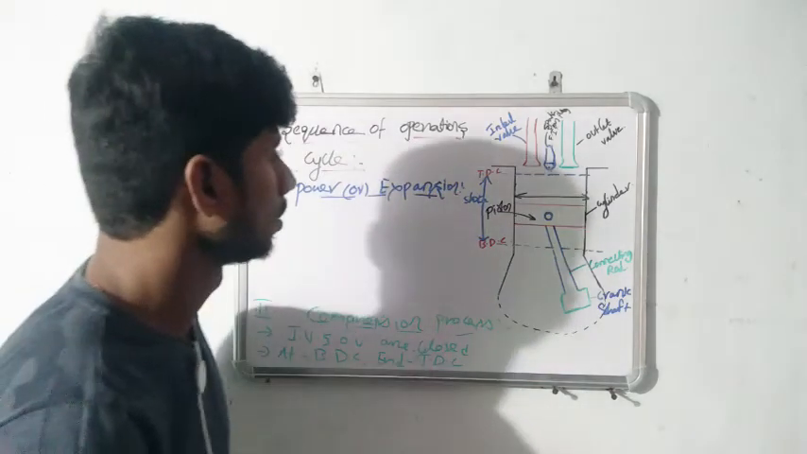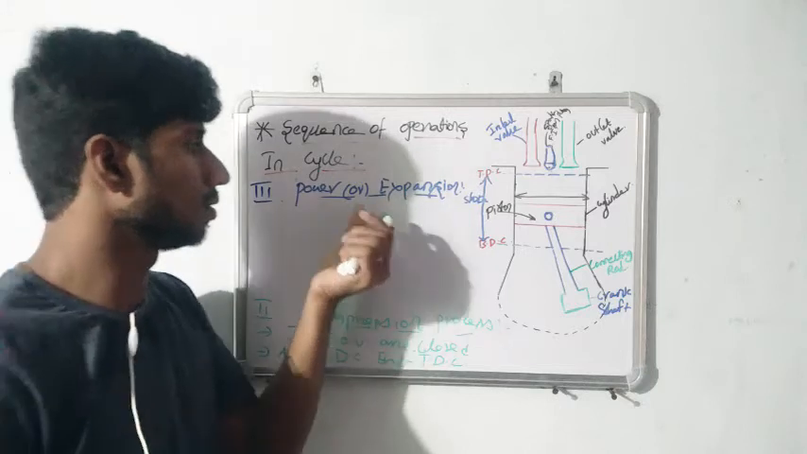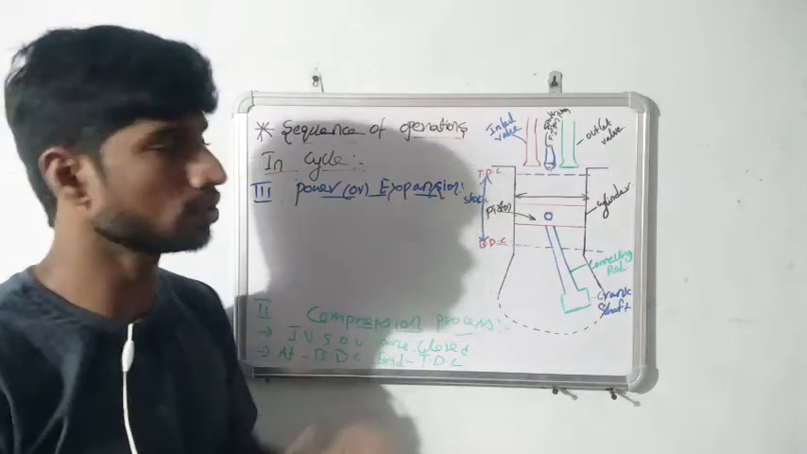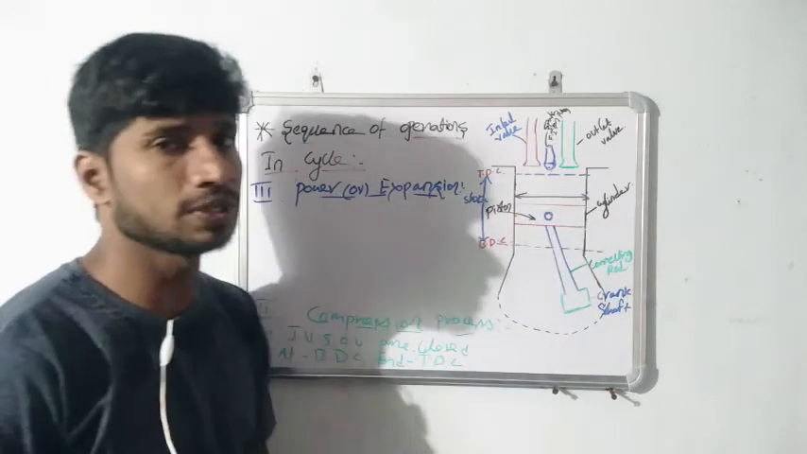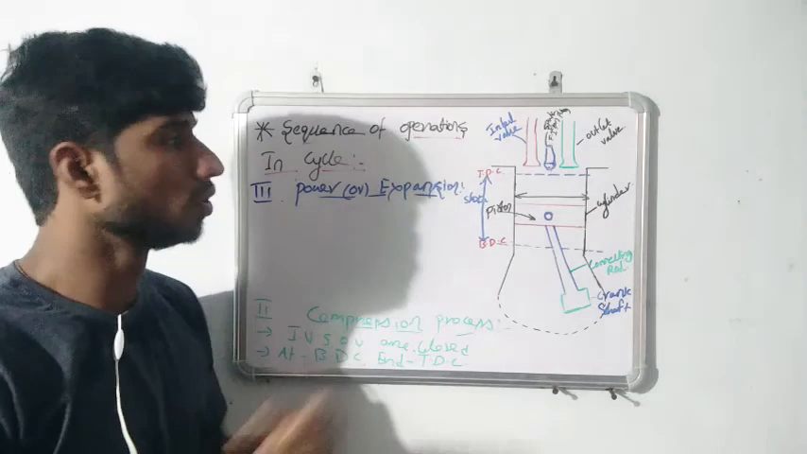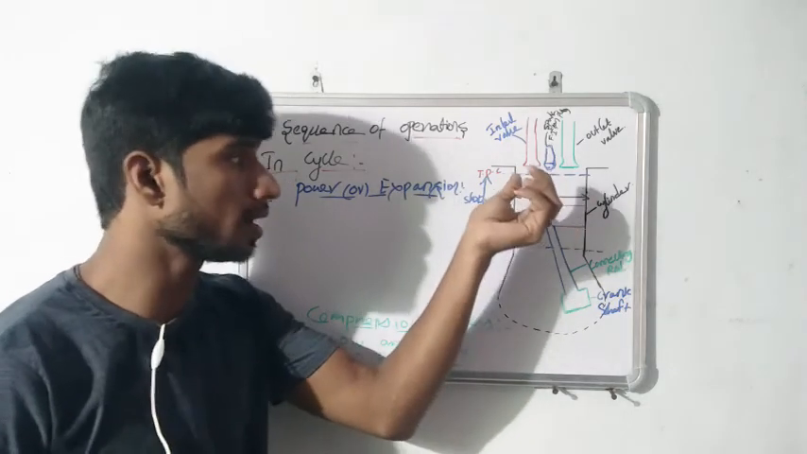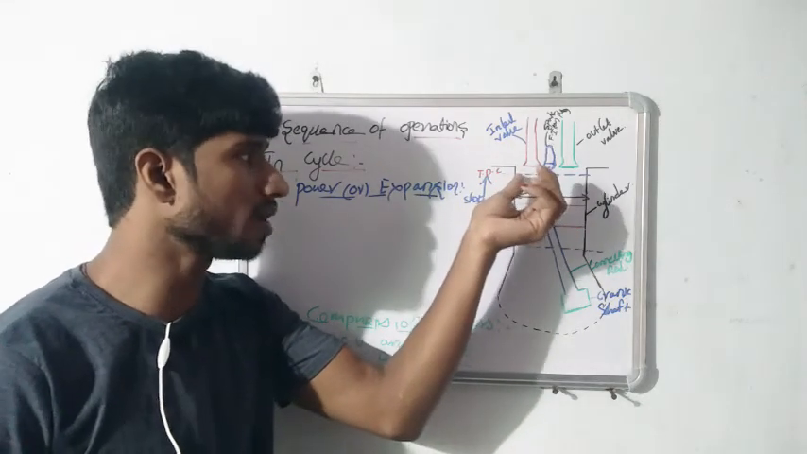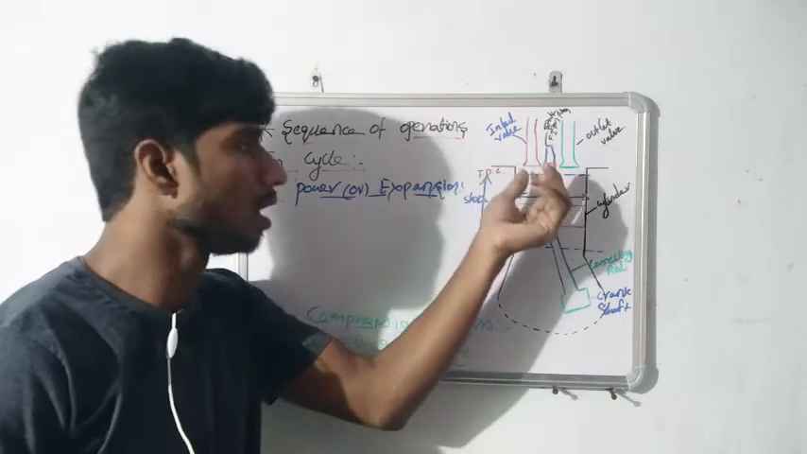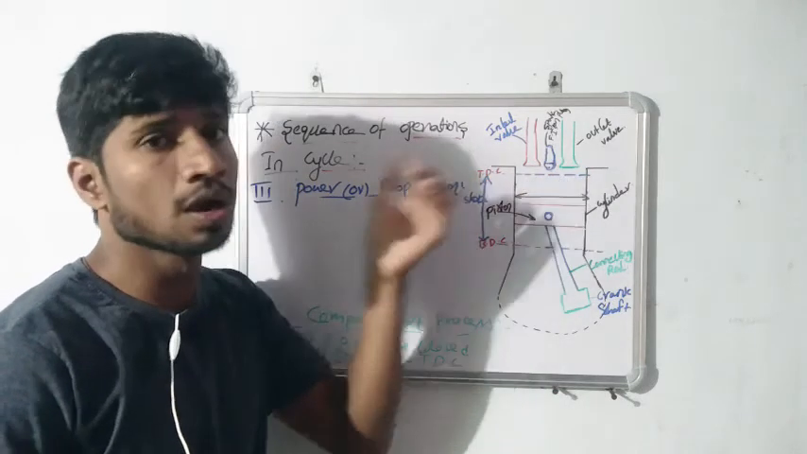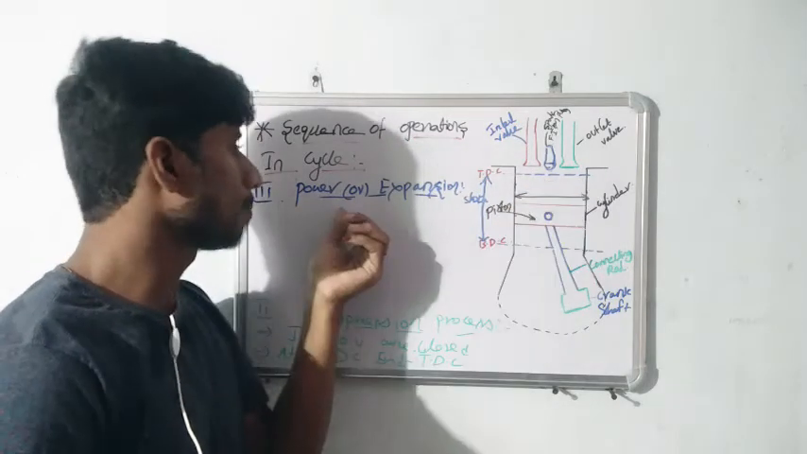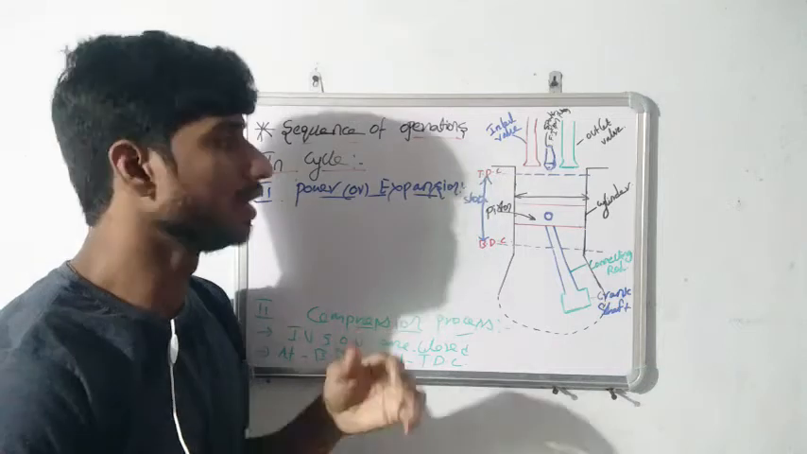So let's see. If you find out the name of that process, it is the power or expansion process. Due to the expansion of the piston, power will be developed here. We have already discussed that after completion of the compression stroke, the piston reaches the TDC condition and this area is occupied by compressed fuel vapor. So when the power or expansion stroke is started,